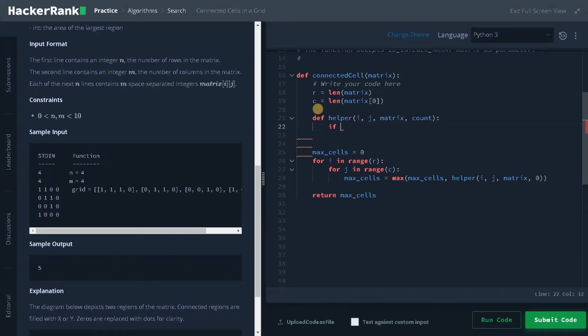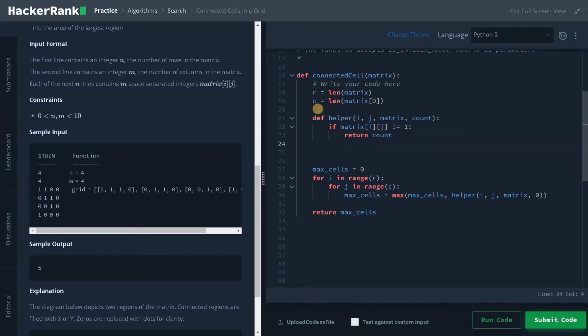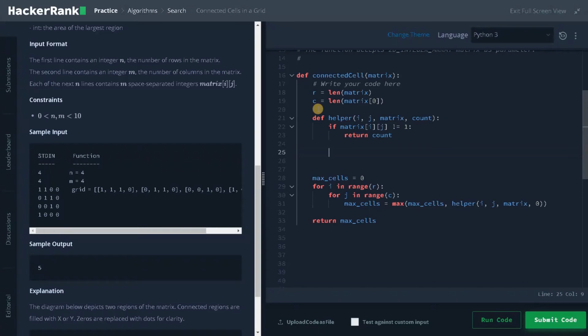Now this is the base case: if matrix of i and j not equals 1, that means if it is 0 or any other number, we will return the count. So return count. After that, if it is equal to 1, it will go to the next step. Here I will increment count by 1 because we are traversing through this cell, that's why I am incrementing by 1.